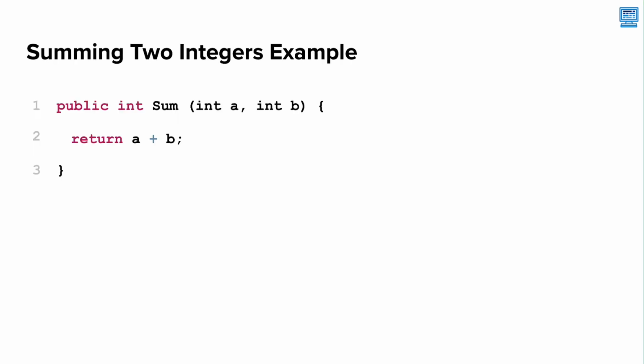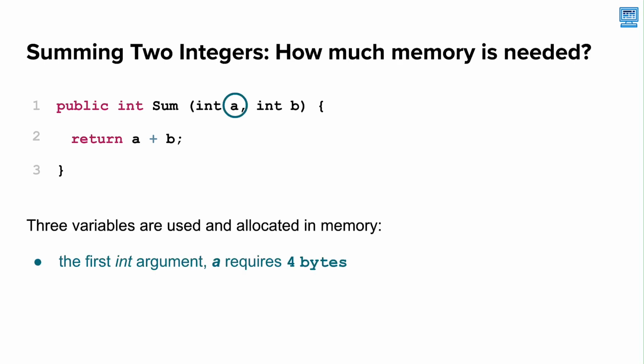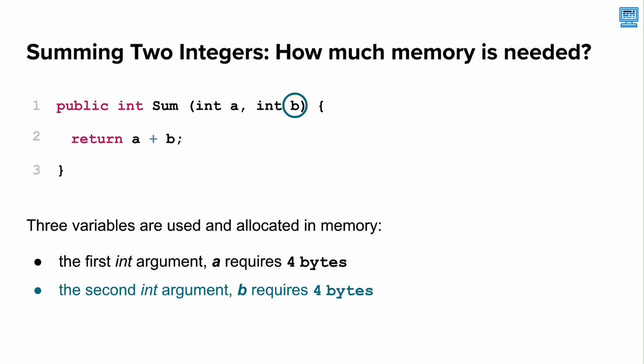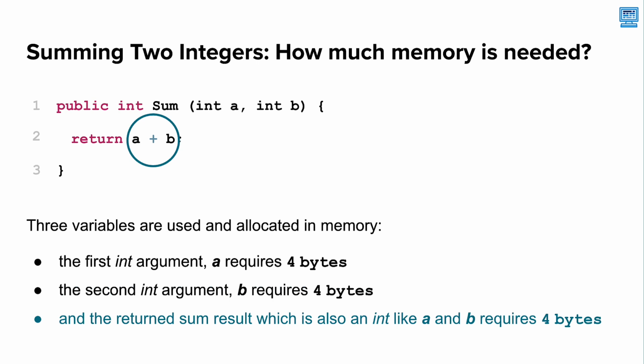The first example is of a method that sums two integers. The first int argument, a, requires 4 bytes of memory. The second int argument, b, will also require 4 bytes of memory. Finally, the return statement, which is also an int, like a and b, takes up 4 bytes as well. So in total, this algorithm uses 12 bytes of memory, and so its space complexity is O of 1, or